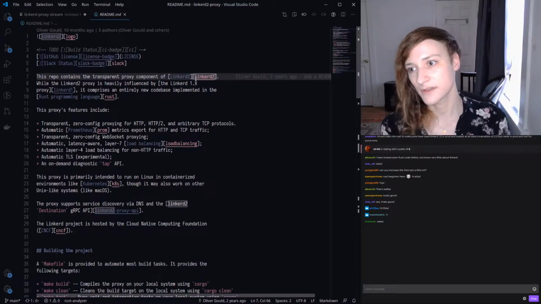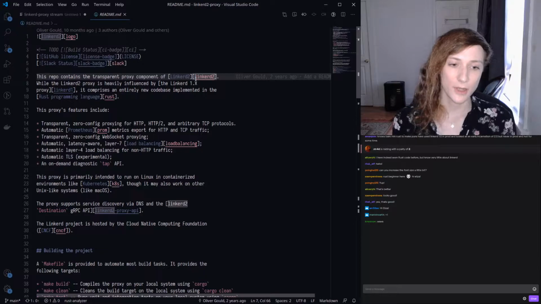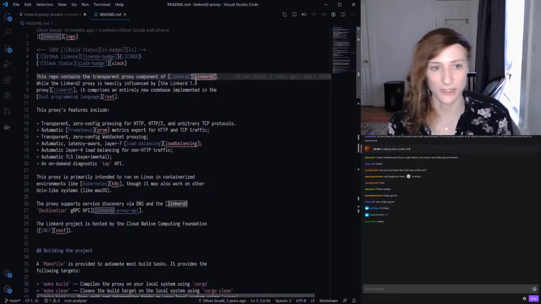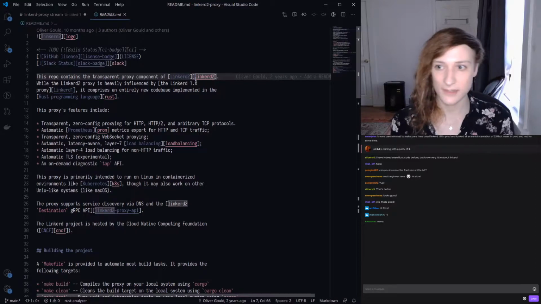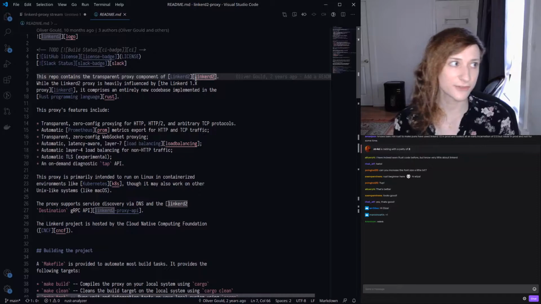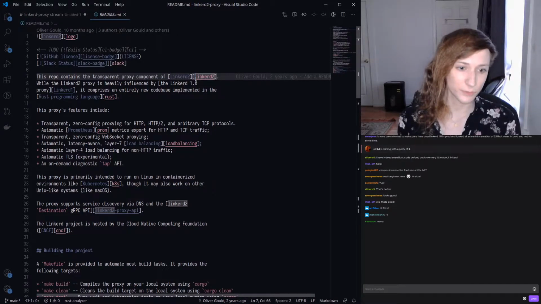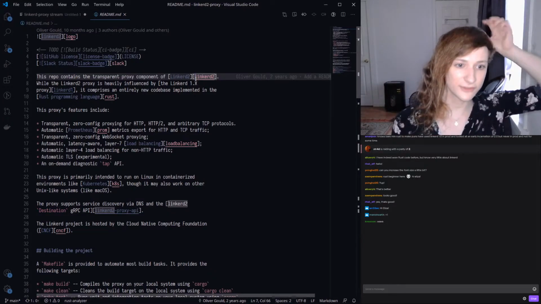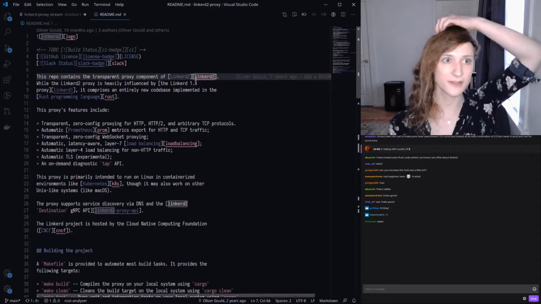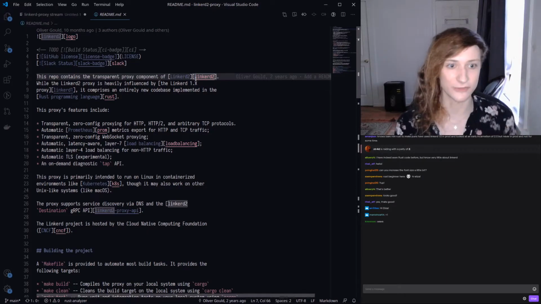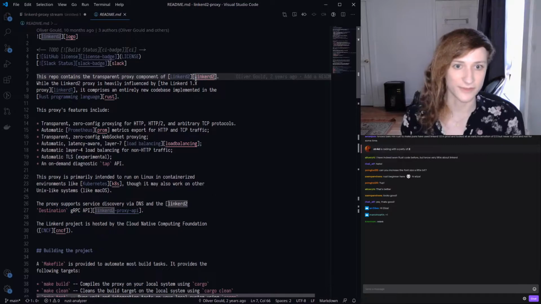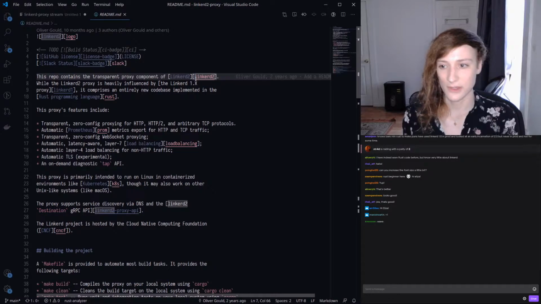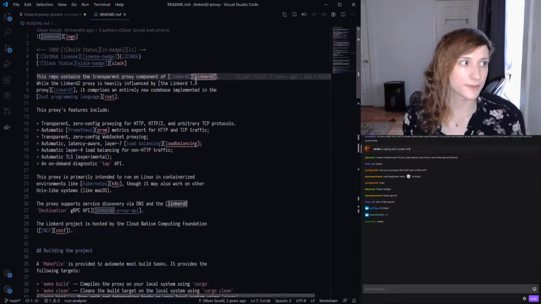And so that means that the application doesn't have to be aware of the proxy in order to communicate through the proxy. Instead, we transparently intercept traffic to and from the application, and we can do things while it's on the wire, and then we forward that traffic to its destination, and then a proxy on the receiving end can communicate with the application on behalf of the proxy that sent the message. And in doing that, we can do a lot of things like improving reliability for the messages in flight,